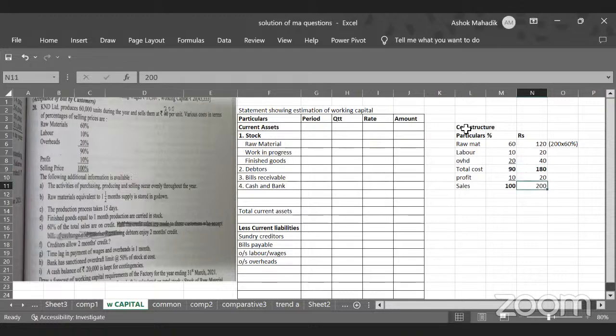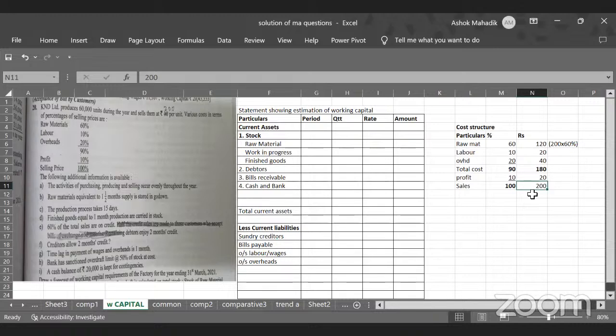So this will give you at least 4-5 marks. Just a very small table, but this is useful. Without this, you cannot solve the sum. So the first thing you will do is make a table similar to the one given in the sum. Call it cost structure. Write the percentage as it is. Then next to that, write